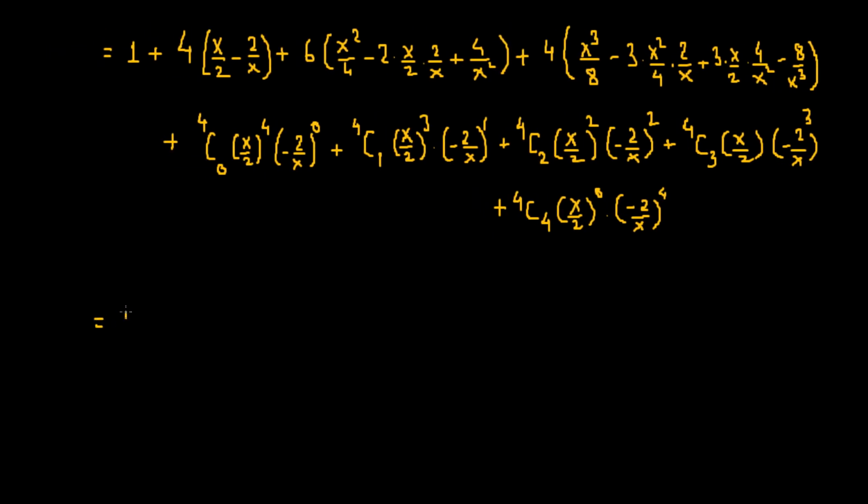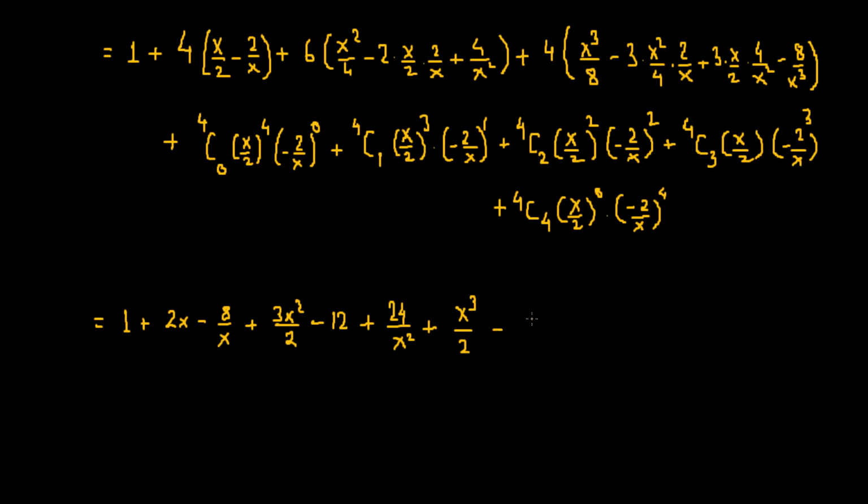So we'll have 1 plus, so 4 times x over 2 is twice x, 4 times 2 over x is 8 over x, plus 6 times x squared over 4 is 3x squared over 2, minus, so this x by 2 and 2 by x gets factored out, so we're only left with 2, so 6 times 2 is negative 12, plus 6 times 4 is 24, 24x squared, plus 4 times x cubed over 8 is going to give us x cubed over 2,